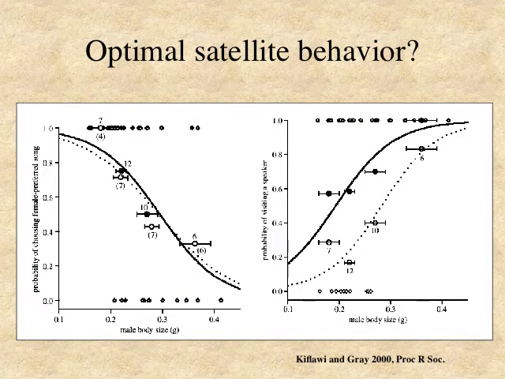There's some work that looked at what I call optimal satellite behavior. Basically, if you're going to be a satellite, then you can think about how you would optimize your approach. How would you best do that? One prediction is that if you're a satellite of a calling male, then you'd do better if you are around males that females find attractive, right? So you want to be a satellite of an attractive male, but you don't want to go all the way up to that attractive male, because then you know he's bigger and stronger than you, and he might just beat you up. So you want to get near a calling male that females find attractive, and that's what these data